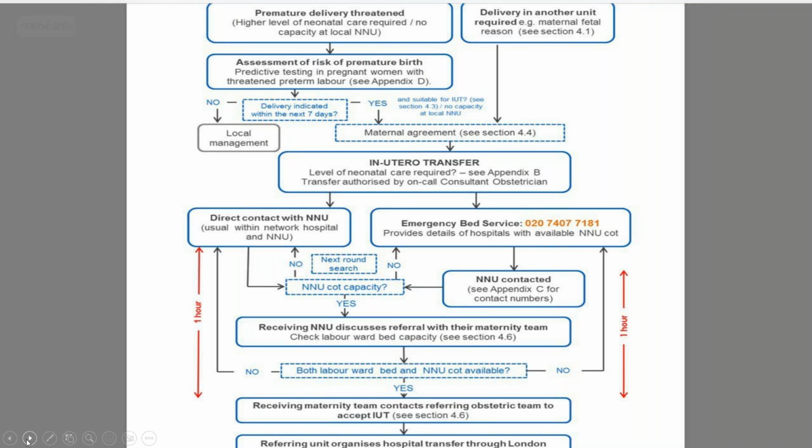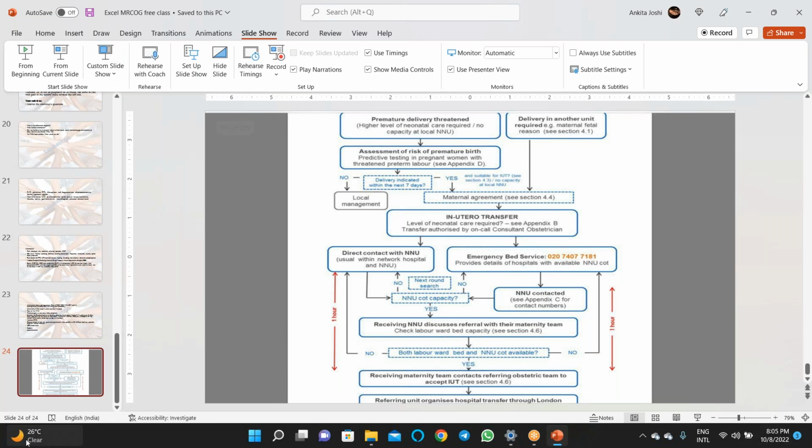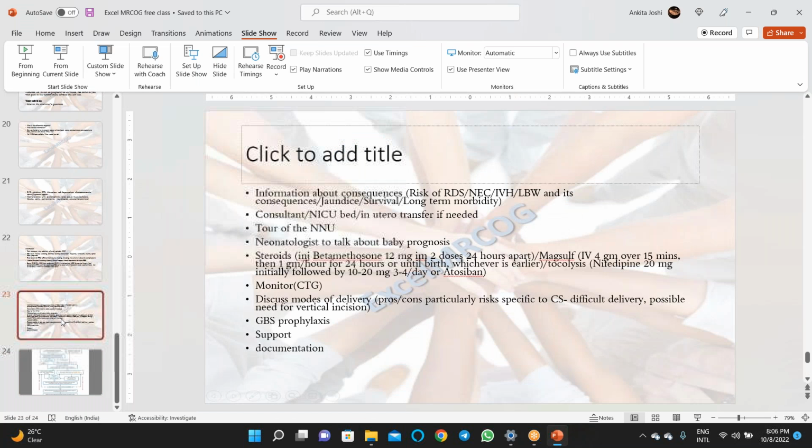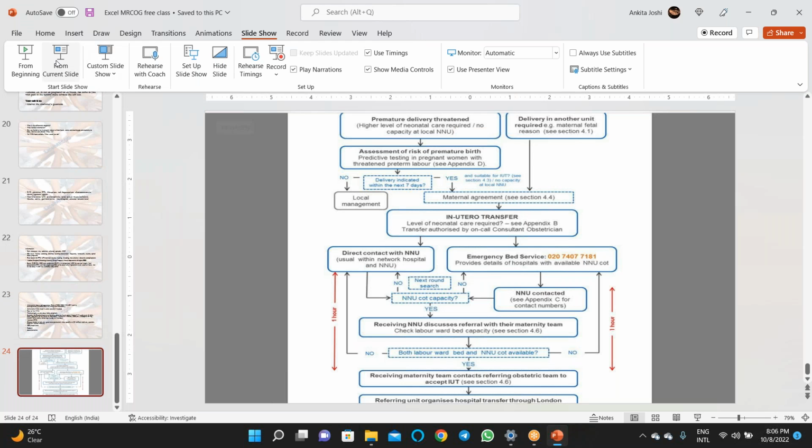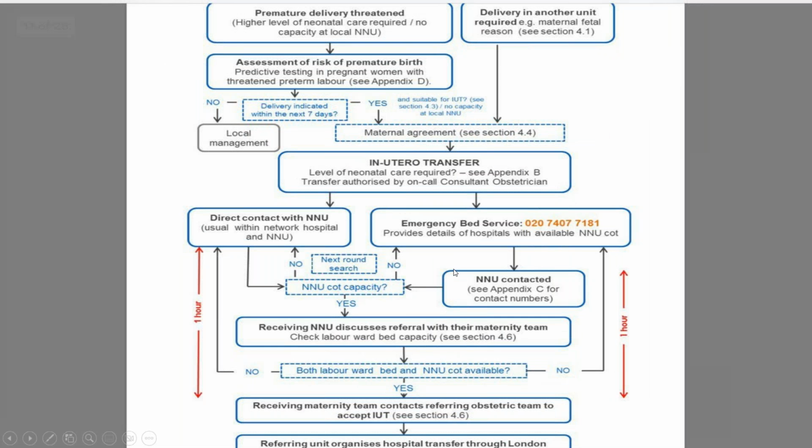And when I asked you what are the initial steps, okay, wait, I think I have not included that slide. Never mind, I'll just explain to you. So what are the initial steps that you would take, or what is the immediate step before shifting? The answer to that is you would do a per vaginal examination to confirm whether she's in advanced labor or